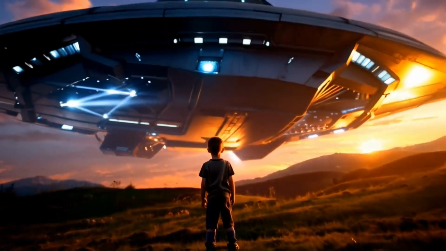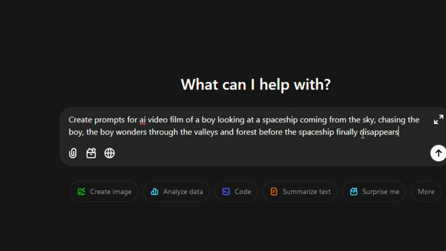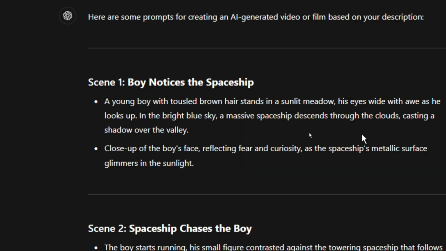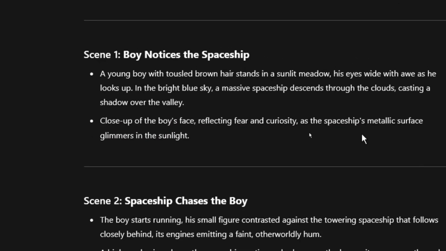And we are only going to use two tools. The first tool is ChatGPT, which is freely available for everyone. This we shall use to create our prompts, and then we shall insert it into a tool called FlexClip to